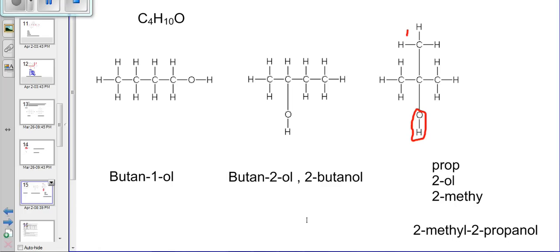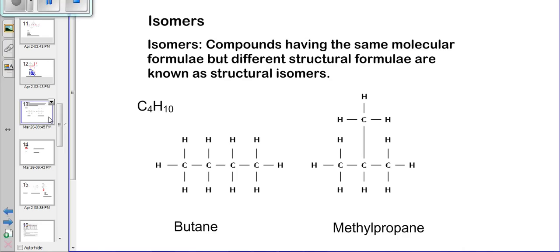So if you look at butan-1-ol, butan-2-ol, and 2-methyl-2-propanol, they are all isomers because they have different structural formula. The structures are different, but they have the same molecular formula. And just one more thing here, we notice that the OH group, if you attach it to the first carbon or the second carbon, they make 2 isomers of an alcohol in this case. So these are the 3 examples that we've used to discuss isomers. And we see that isomers, to conclude, are compounds having the same molecular formula but different structural formula. And that will be our lesson on isomers. Thank you very much.